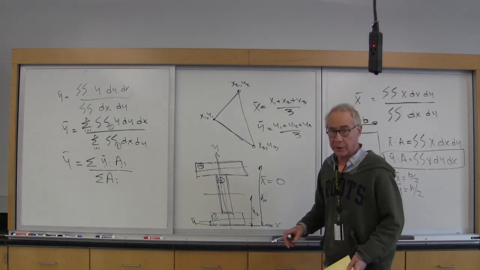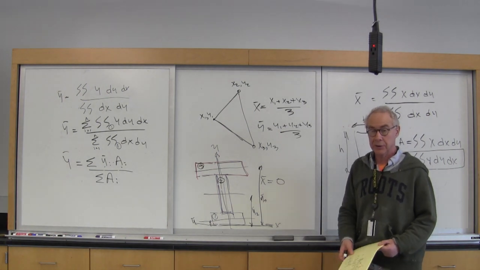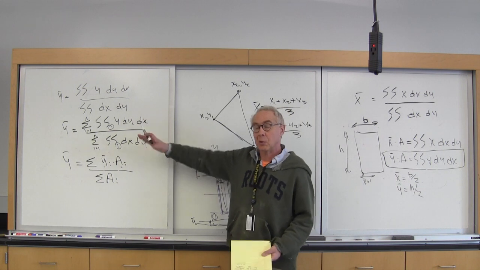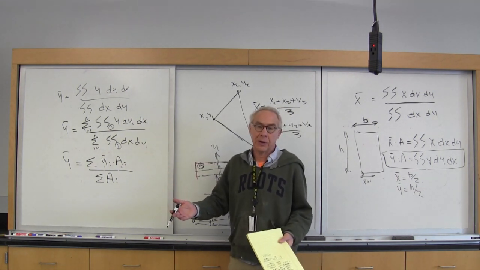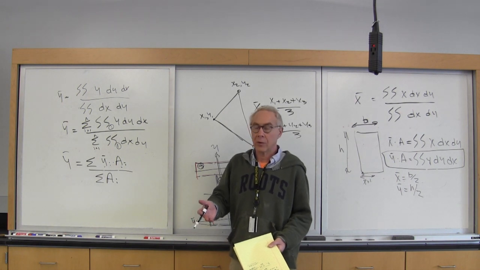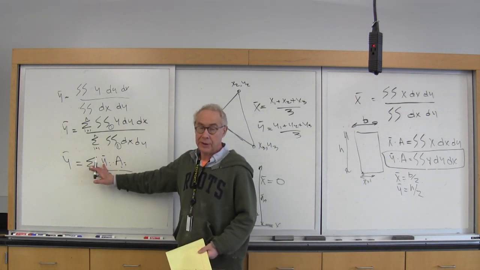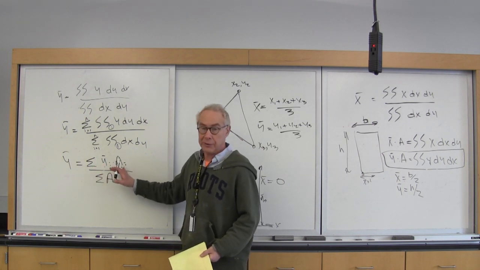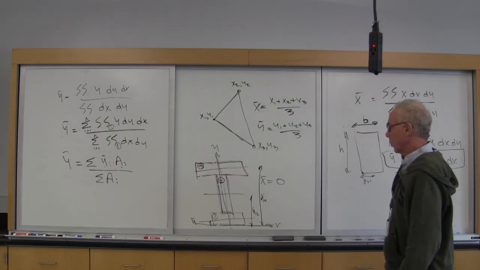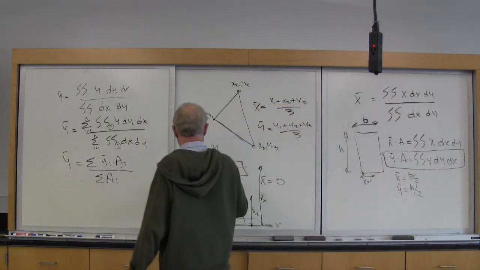So I'm going to show you a quick example. Based on this geometry, I'm going to add some dimensions on here, and then we'll evaluate this. And typically, the way it's done in the textbook, is they set up a table of values of y i, the centroid of each of the components, the areas of each component, and then they add them up. And I'll show you how you do it. So what are the dimensions of this thing? We're going to make this